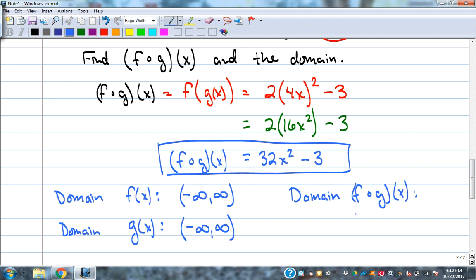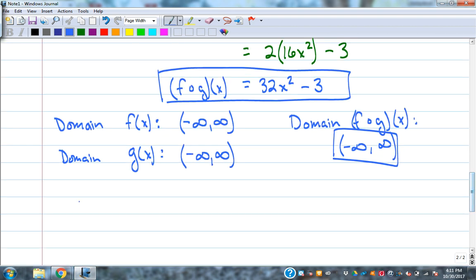All right. f composed of g, and since there's no restrictions on the other two, that composite function doesn't have any restrictions on it. And we'll see some as we go along here that do have some restrictions, and we'll learn what to do. And then you could take that and do function value with that composite function if they ask us, as maybe our next example,